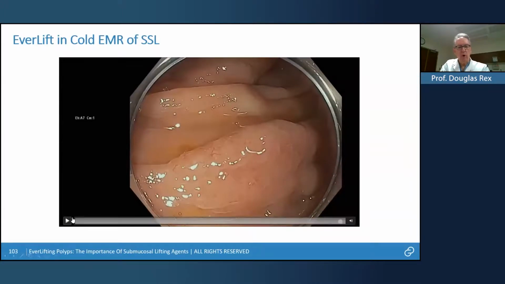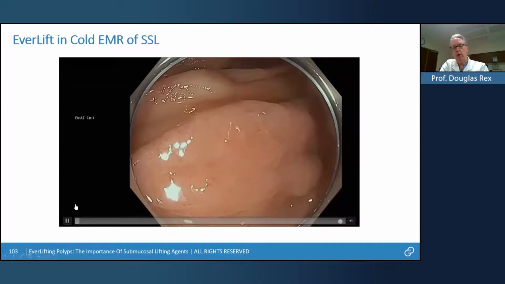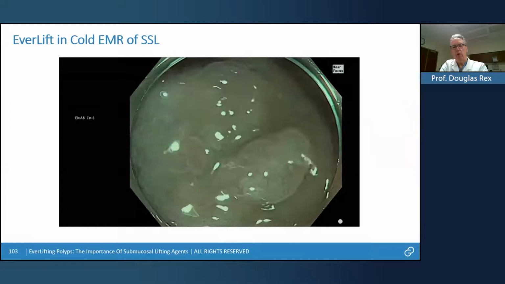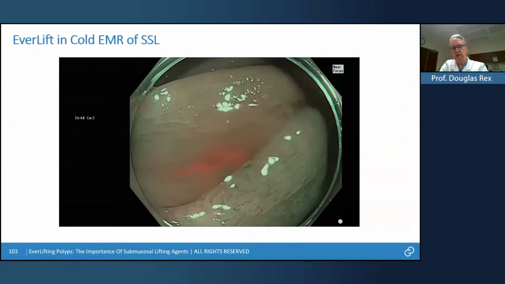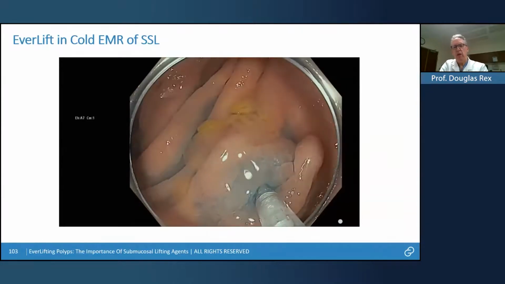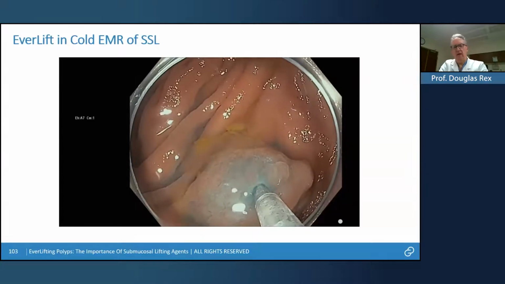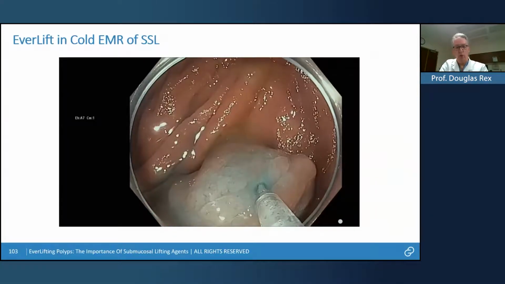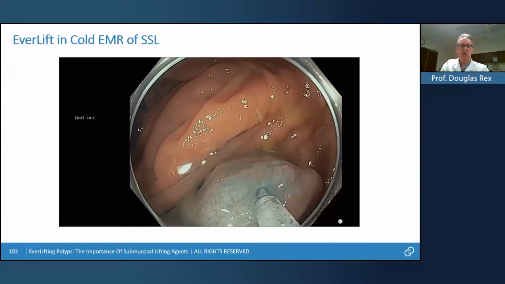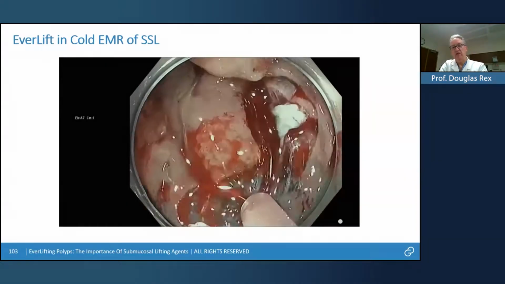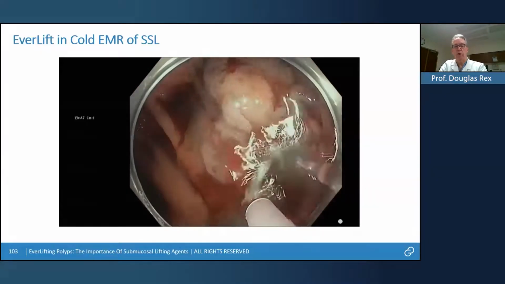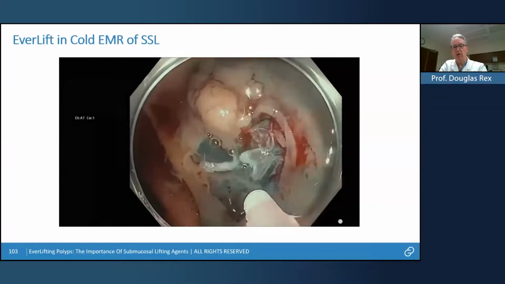You can use it for cold resections. I showed earlier an SSL being removed without electrocautery, and I mentioned that really all of the SSLs, unless they have some suggestion of cancer, which is quite rare endoscopically. Most of the lesions that we see endoscopically that appear to have cancer in them are adenomas. In our experience, the rate of cancer in adenomas of a particular size compared to serrated lesions is about 7 times higher. So this is EverLift being used to perform a cold EMR,